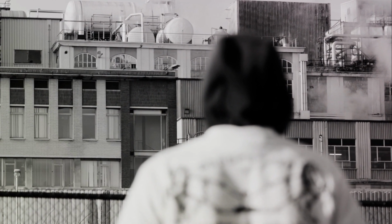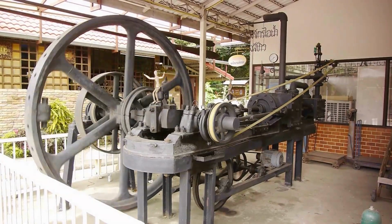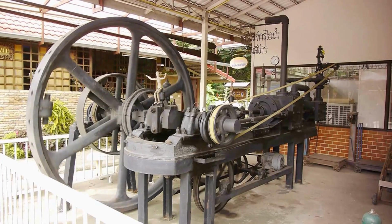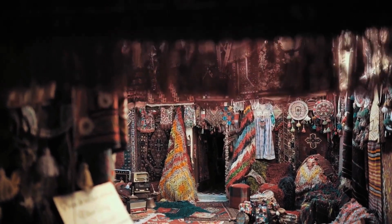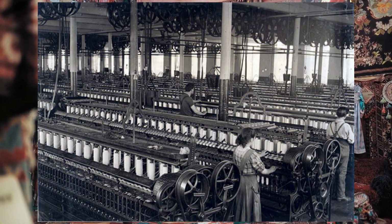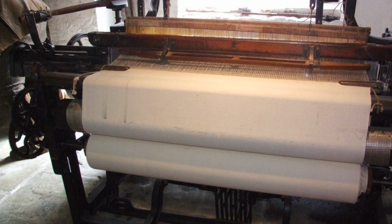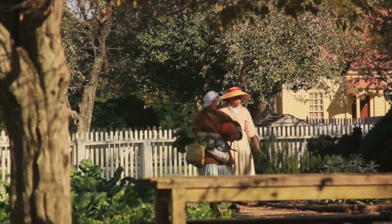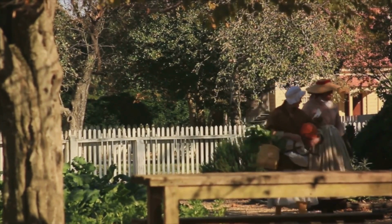Now, across the Atlantic, a different story was unfolding. England, the cradle of the Industrial Revolution, was a hotbed of technological advancements. Steam-powered engines were transforming the face of manufacturing, and textile mills were springing up like mushrooms after a spring rain. The power loom, a remarkable invention, allowed for the production of textiles on a scale previously unimaginable. The disparity between these two nations, one a beacon of industry, the other still steeped in agrarian simplicity, was stark